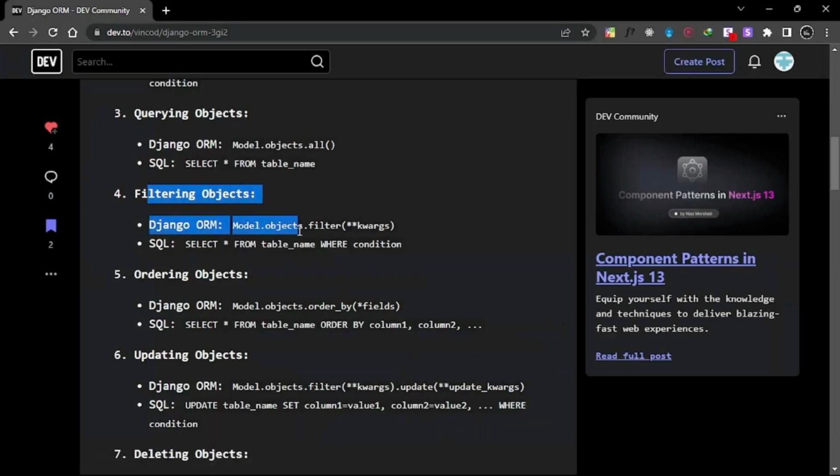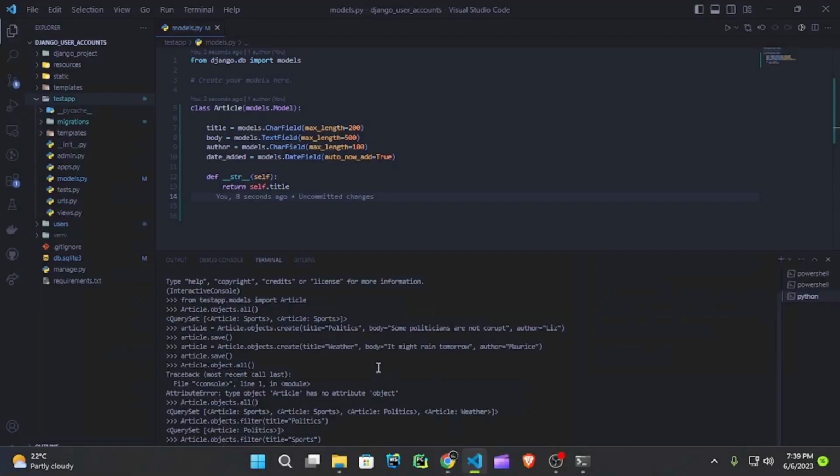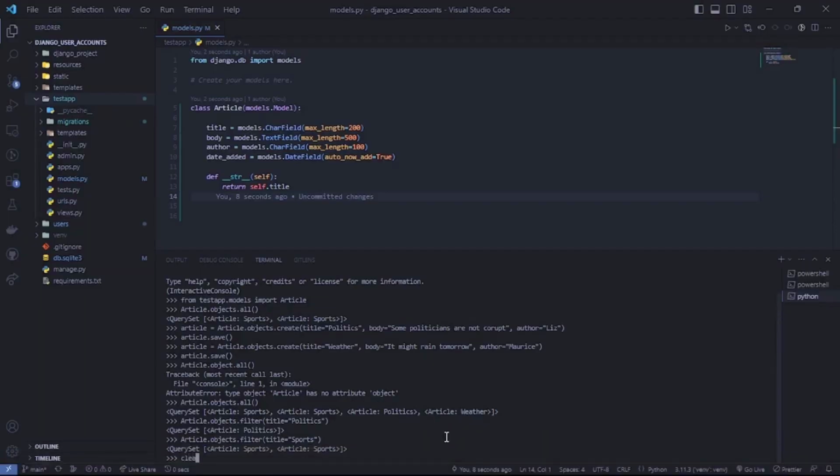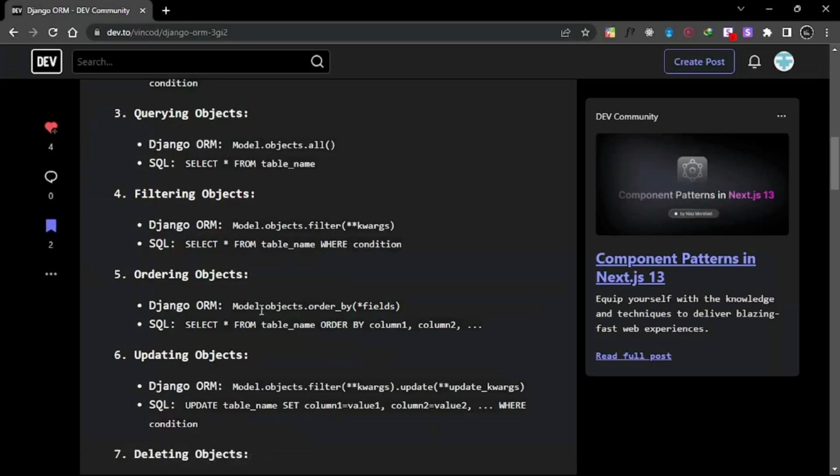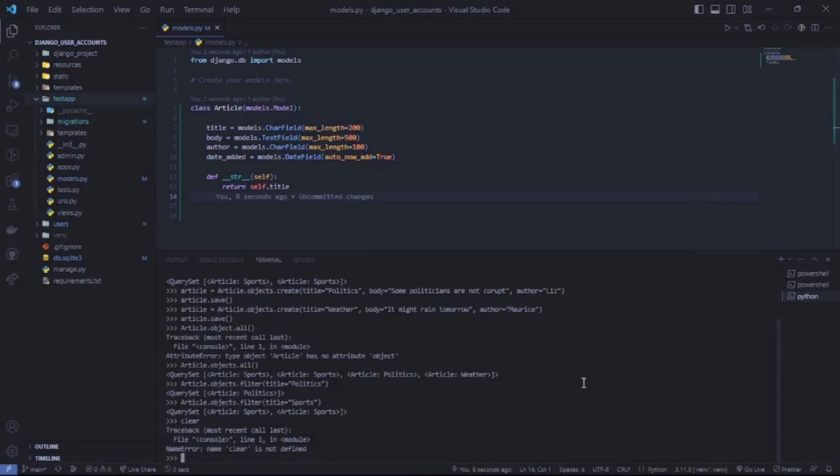That was filtering objects. The next one will be order by. Let's check that one. Sorry, clear doesn't work in the shell, so what can I do instead? Now we are looking at ordering objects. For that, let's say